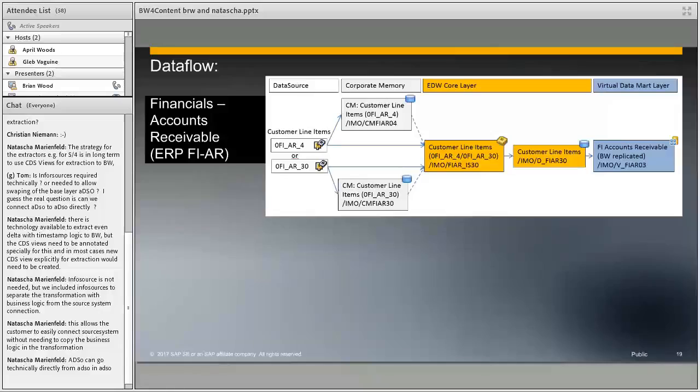The one that Natasha was just talking about, and the one that has been most common among the customers I've worked with, is when you have a requirement for lower data latency. So, for example, maybe sales orders get replicated from the ERP system into BW once a day. So by noon, you basically have half a day's worth of sales orders that are not available in your